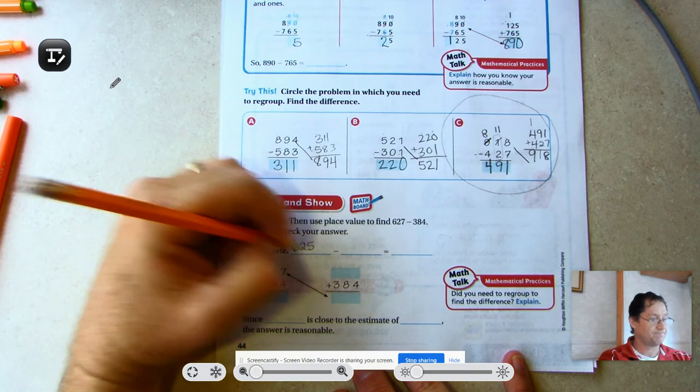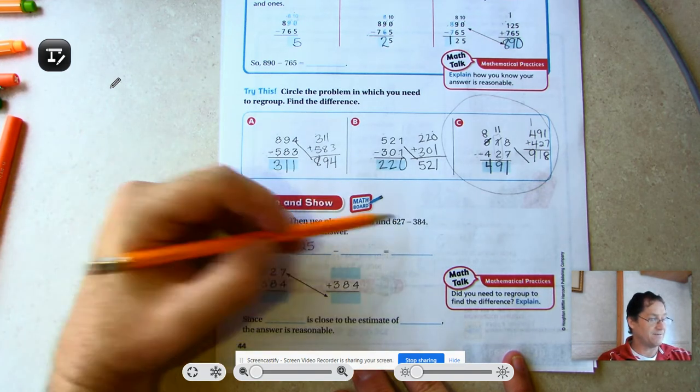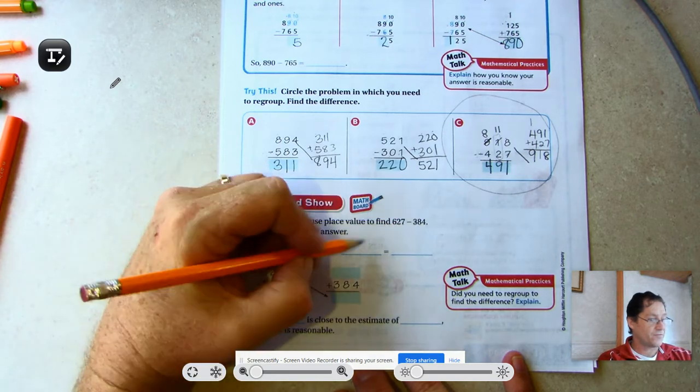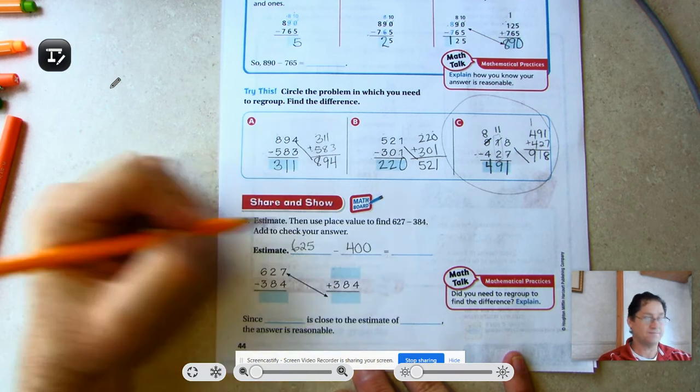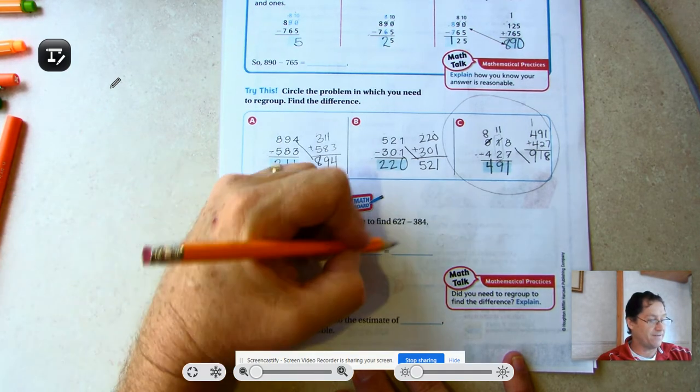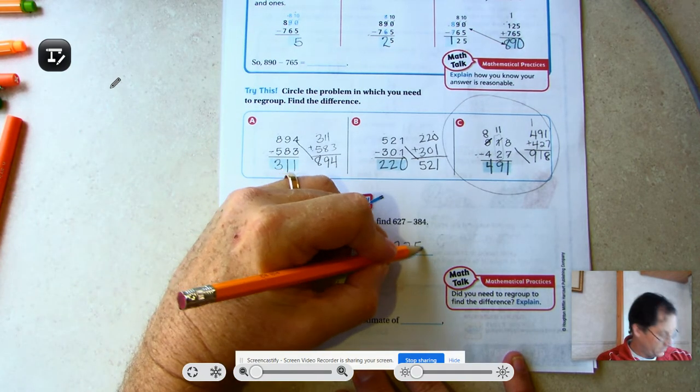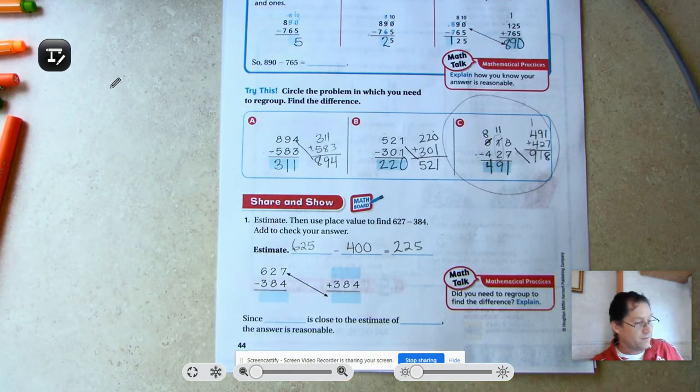625. 627 is close to 625. 384, we can go ahead and change that to 400. And 625 take away 400 is 225. So now